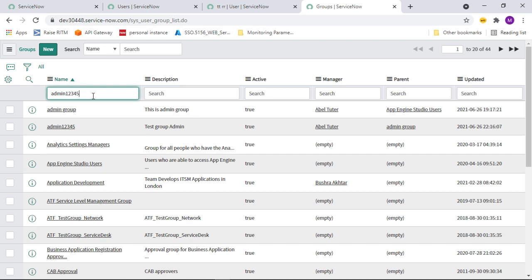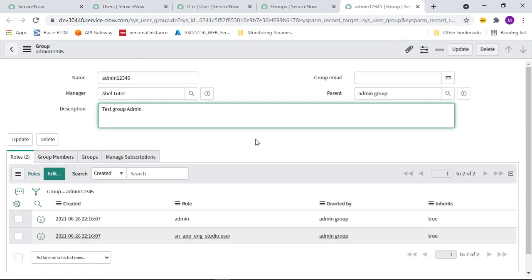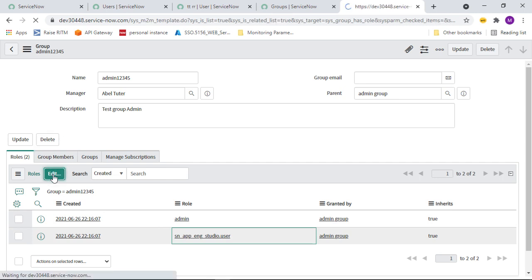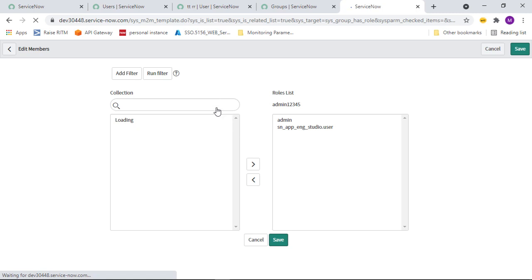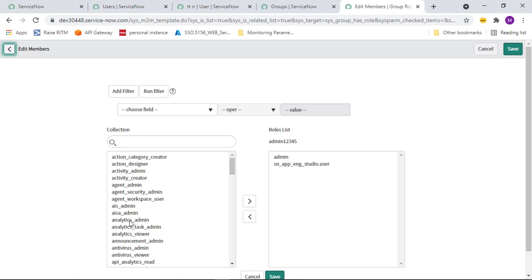I'm going to open the group which I created. Right. So this is the group which I created. Let's open the group, right? See here, whenever I created this group, by default some roles are assigned to this group. So if you want any roles for this particular group, you can click on edit here, and you can add whatever roles you want.